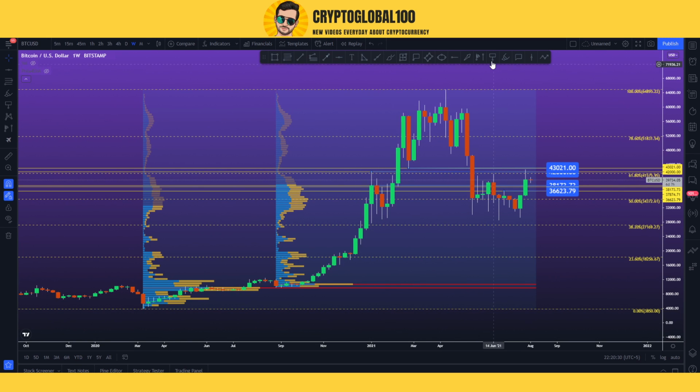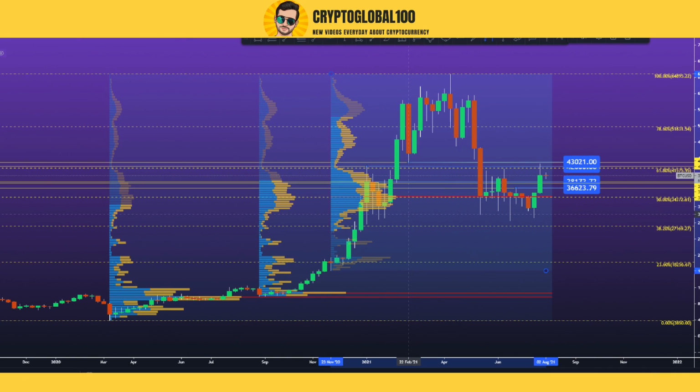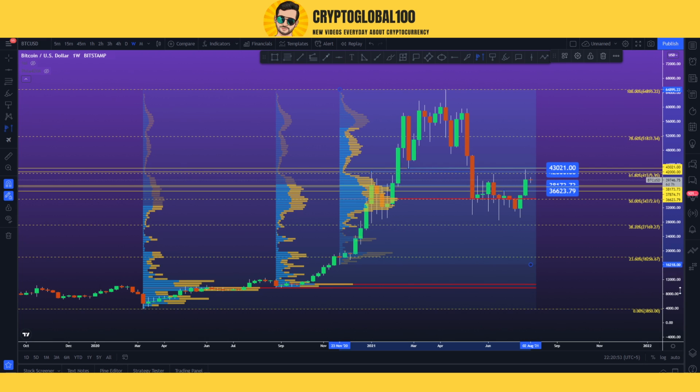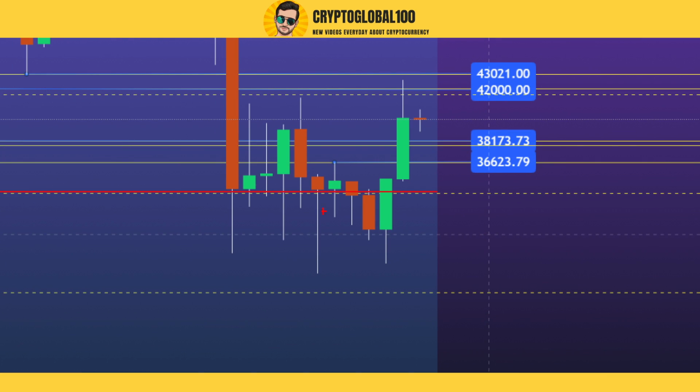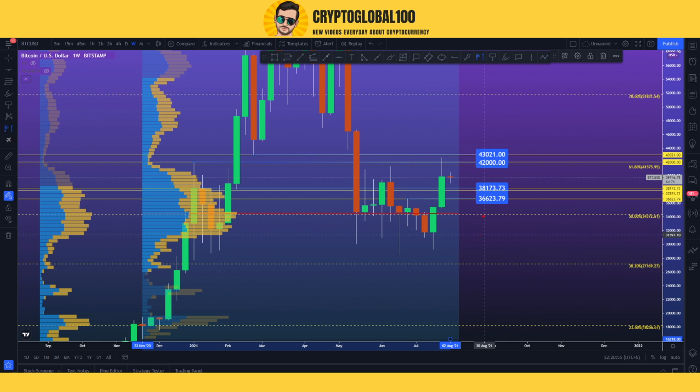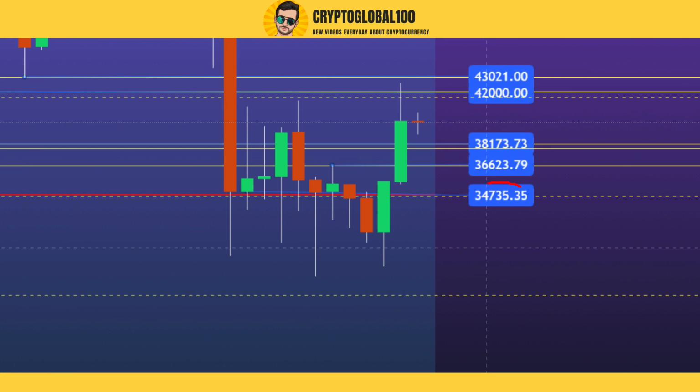Now I'm gonna draw another volume profile from this area, dragging it to the current situation. This is the third volume profile, and we saw how the price and the volume trade. The red line is showing us the tradable area, the area where more trades are happening. And you can see, if I turn off this, let me show you the price here. Now you can see here, this is our base, this is our strong base.